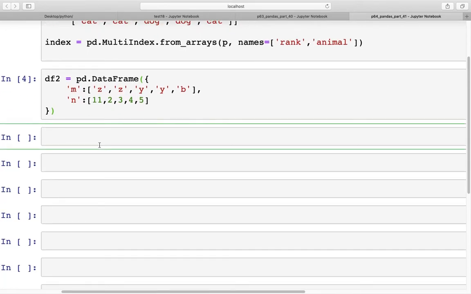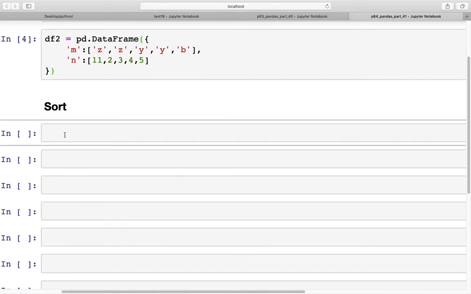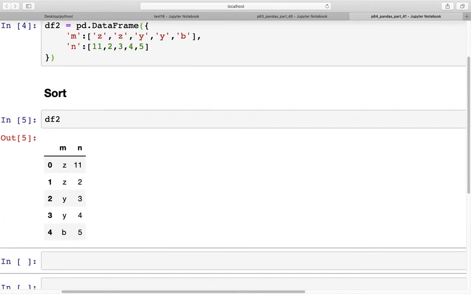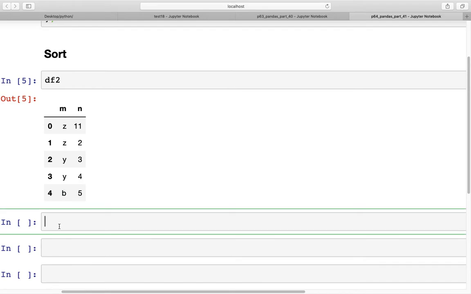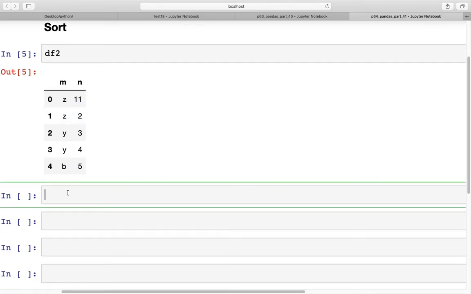So the first item we can look at again is sort within a GroupBy. As we saw in the previous video, the GroupBy command automatically does sort the data set in the output. So let's see how we can set it to false if we need to. This is the data frame we have, df2, which has two columns, m and n. Now if you do a GroupBy, so df2.GroupBy, on just the column m